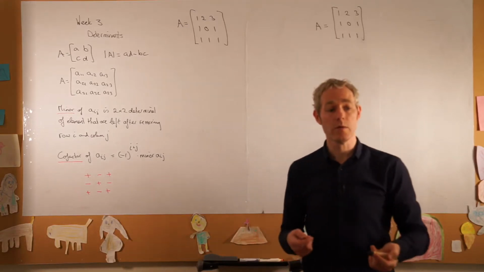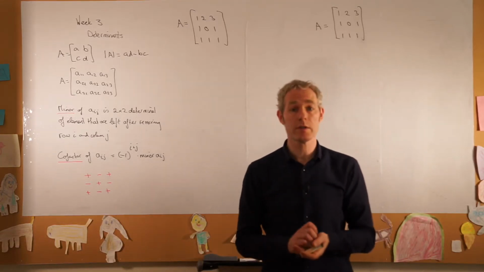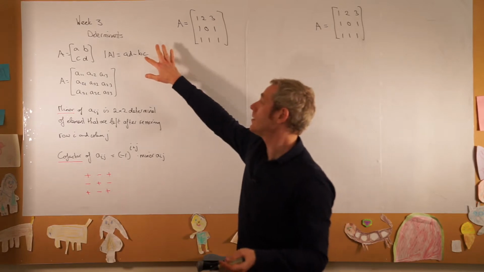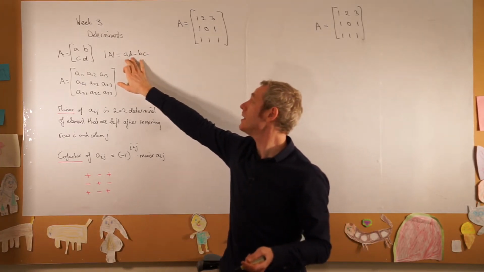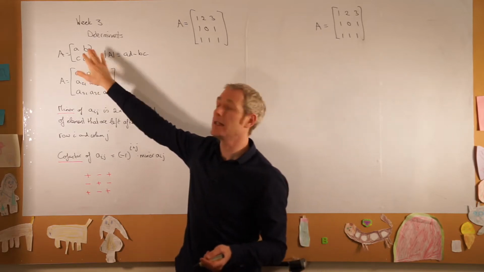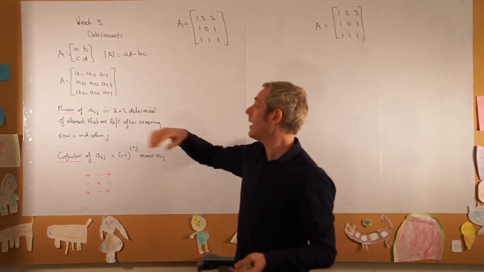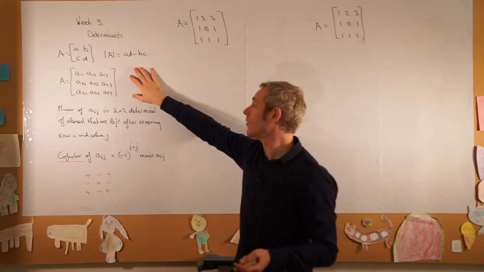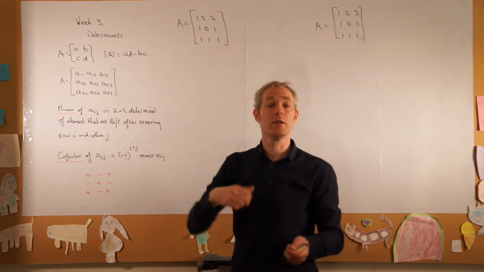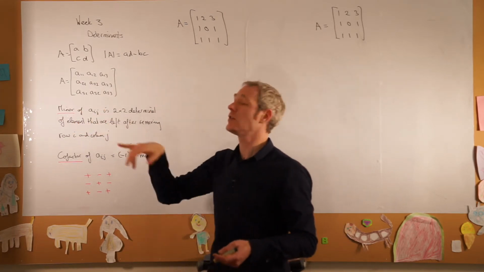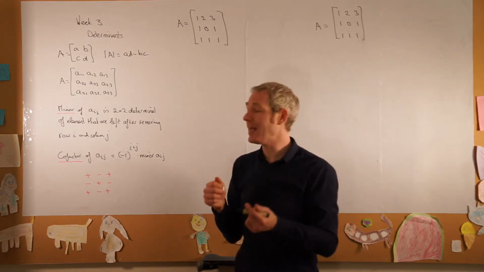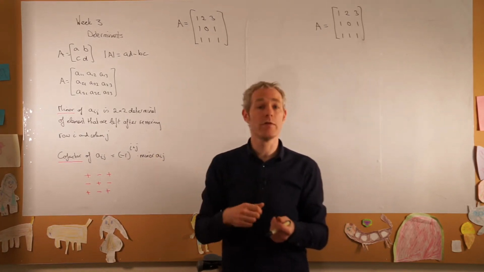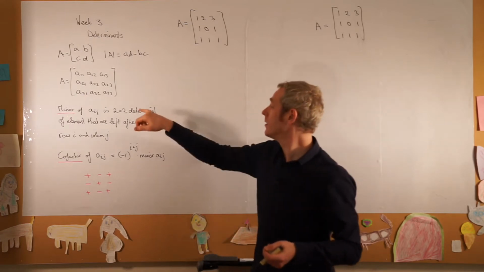We continue with the topic of determinants, where we know that the determinant of a 2 by 2 matrix is A times D minus B times C for a matrix A, B, C, D. And if we want to determine the determinant of a 3 by 3 matrix, we need to know the concept of a minor, which is the 2 by 2 determinant consisting of elements that are left after removing row i